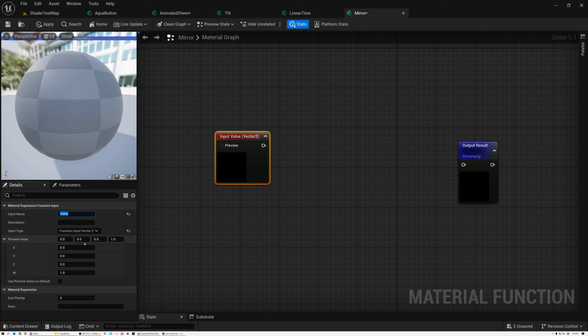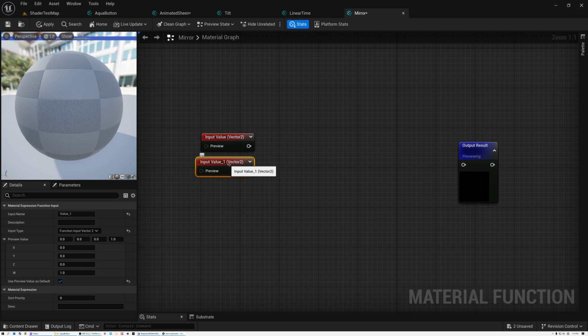In the use case of today, we're only mirroring a float value, but sometimes we may want to mirror more than one value as a vector 2. So we're going to set that input to be a vector 2, and we're just going to default it to 0, 0. The next input that we need is called subdivisions, and this is the number of times to mirror it